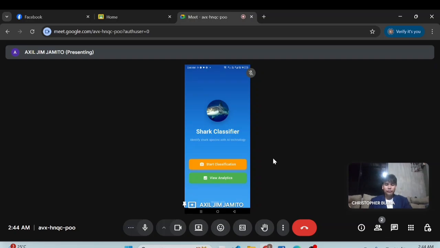The question is, can you explain the widget structure you use for the homepage, especially in implementing the card style or grid layout for displaying all identified classes? My answer is, for the homepage, I used a grid layout with Flutter's GridView.builder to display all identified classes in card style format. Each card is a Card widget containing an image of a class and its label, styled with padding, elevation, and rounded corners for a clean look. Let's proceed to question number 2.